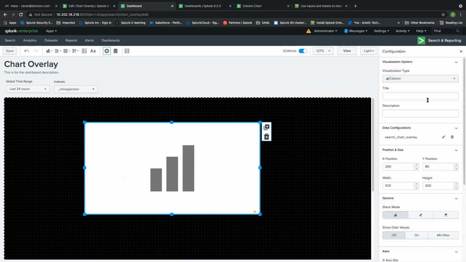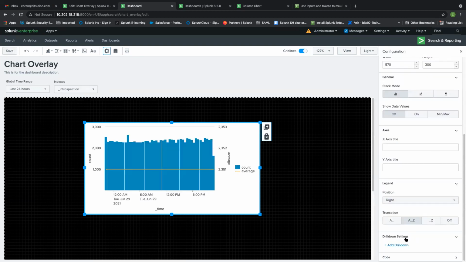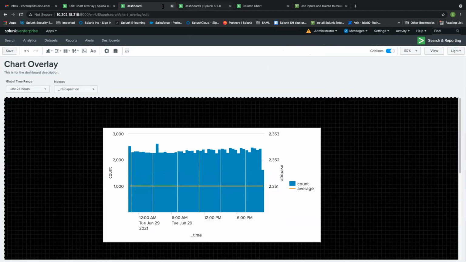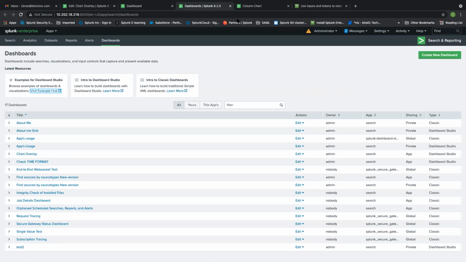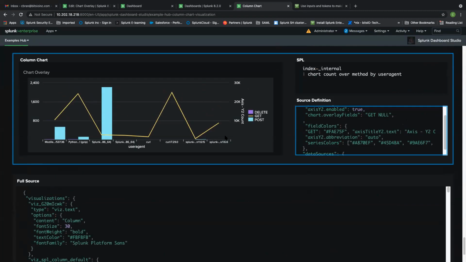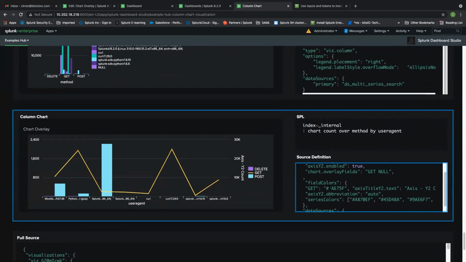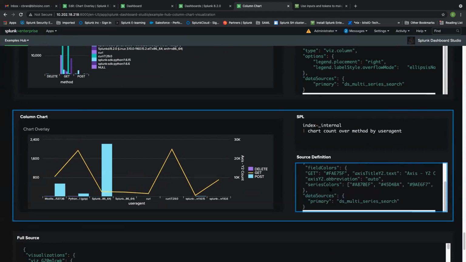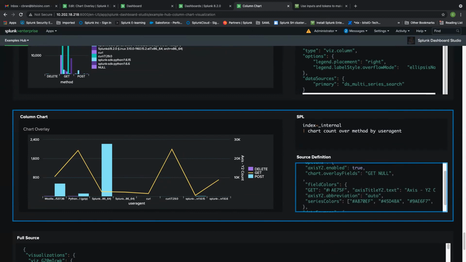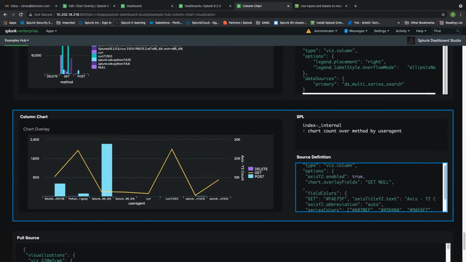And if you go back to the examples hub, I think one thing we want to show everyone, you are in the examples hub, right? The one that you were copying the code from. Yeah, so I think this is something to highlight to everyone, so they can go to this examples hub and pick up a lot of code from here. You don't have to code it from scratch, but take the code from here if you want a chart overlay,